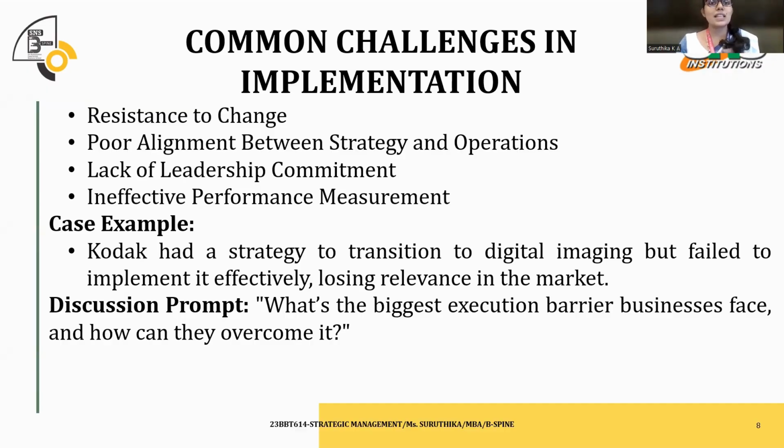Second, there can be a misalignment between how the organization functions and what strategy we are planning. So there can be a misalignment between strategy and operations. Maybe the commitment from the leadership is less at times, or the performance measurement metrics and the KPIs that we've set may not be efficient. So there can be a lot of problems and challenges when it comes to implementing strategy. It's up to us to overcome these challenges and rightly implement the planned strategy. That lies in the hand of the manager or the person who's taking the lead.